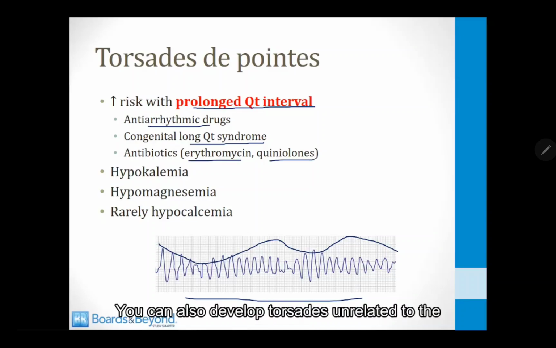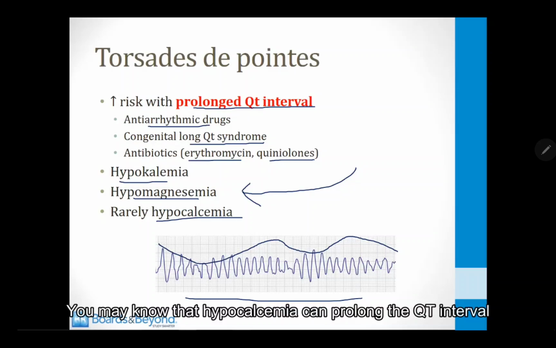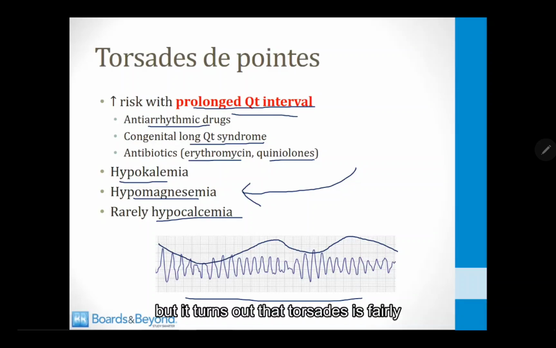You can also develop torsades unrelated to the QT interval in certain electrolyte disorders. Hypokalemia and hypomagnesemia are famous for causing torsades, and in fact, giving magnesium is one of the ways you can treat this arrhythmia. What's interesting is you may know that hypocalcemia can prolong the QT interval, but it turns out